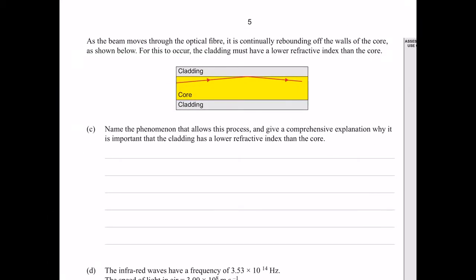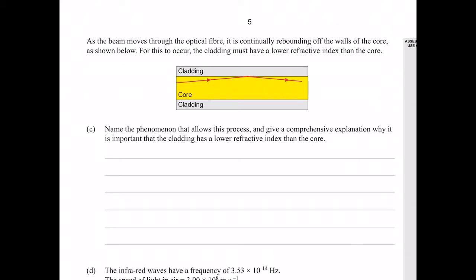Alright, as the beam moves through the optical fiber, it is continually rebounding off the walls of the core, as shown below. For this to occur, the cladding must have a lower refractive index than the core. Name the phenomenon that allows this process and give a comprehensive explanation why it is important that the cladding has a lower refractive index than the core. Right, so as seen in the diagram, the ray travels in the core and it totally internally reflects back into the core. So this phenomenon is called total internal reflection, and this occurs